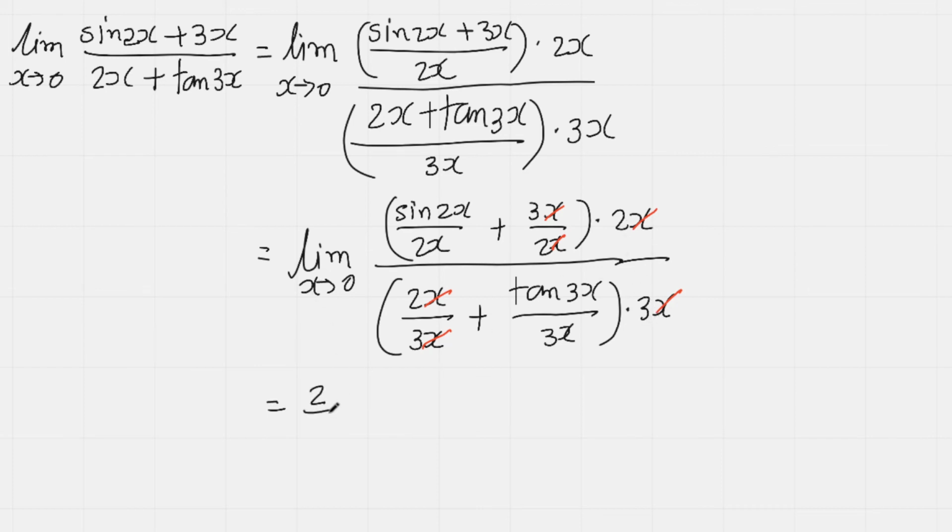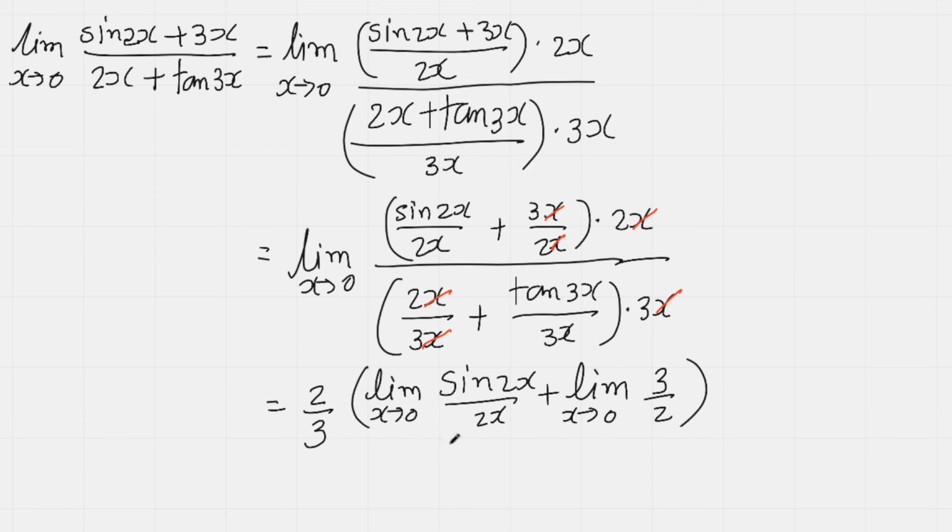So we will have 2 over 3, and also let us write the limit separately for both the terms. So this is equal to limit x approaches 0 sine 2x over 2x plus limit x approaches 0 3 over 2,